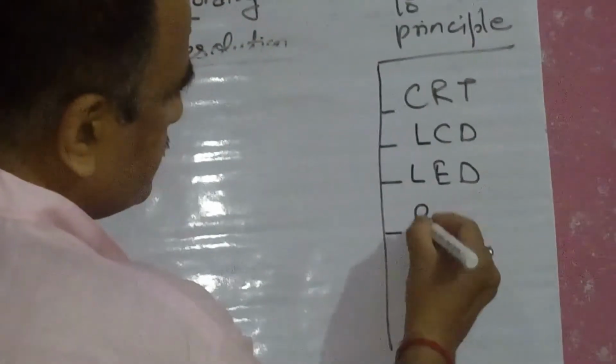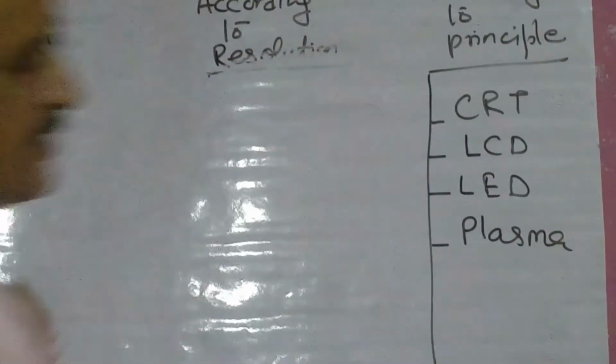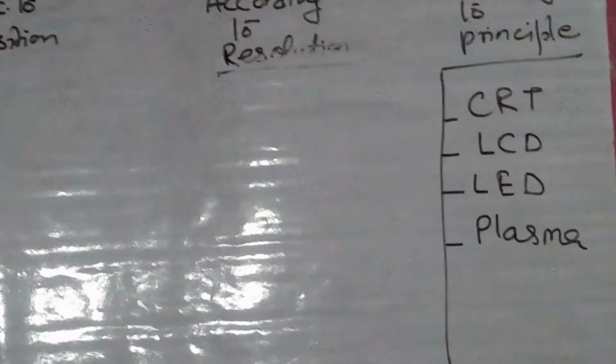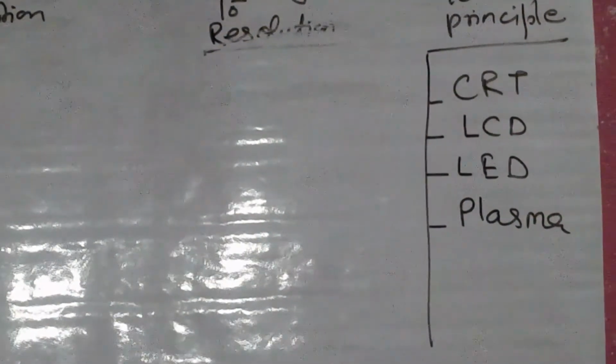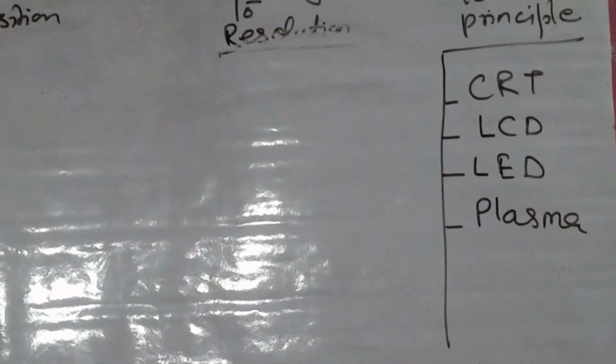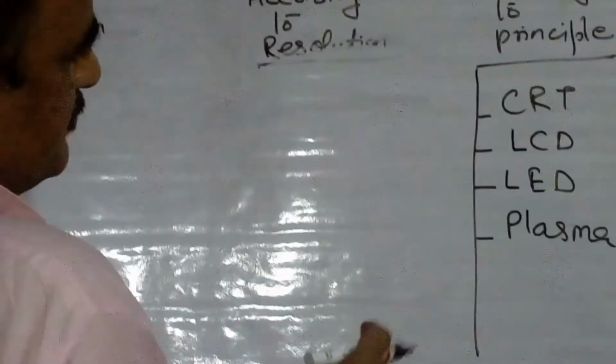Next is plasma panel. What is plasma panel? Here a glass utensil is filled with gas and electrodes. When electric current passes through that particular electrode, the electrons strike the gas particles, and from the strike, the gas particles glow while heating and display the information. Nowadays LED and plasma panels are popular.